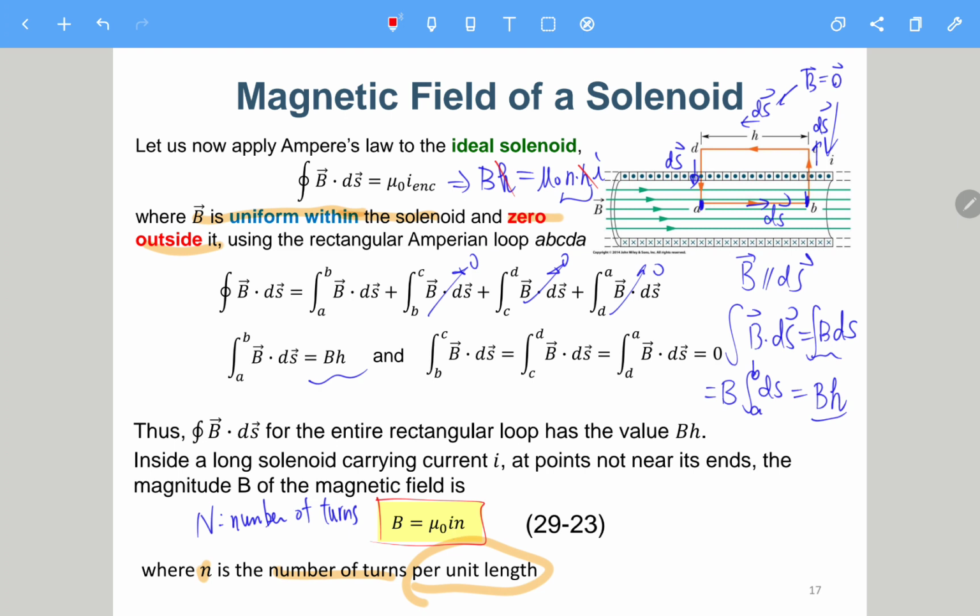So in chapter 30, we will just call this one an inductor. Inductor. I don't think there are any differences between them, but in chapter 30, we will just call it inductor. 中文叫做电感。电感。